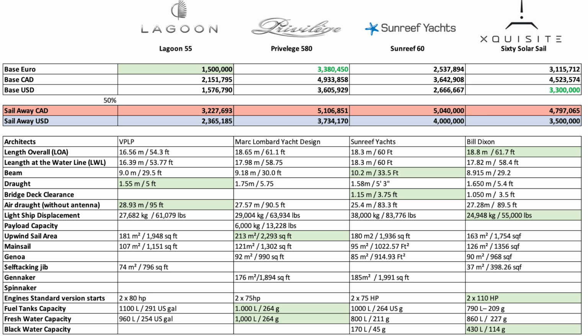5.75. Bridge deck clearance. I am trying to find this additional data point for everybody. I do have it on the Xquisite and the Sunreef. The Xquisite is 3.5 feet, and the Sunreef is 3.75. You might want to encourage all of your manufacturer contacts to start including bridge deck clearance, plus a few other little ditties that I'm trying to add in here. Air draft, the tallest, believe it or not, is the Lagoon at